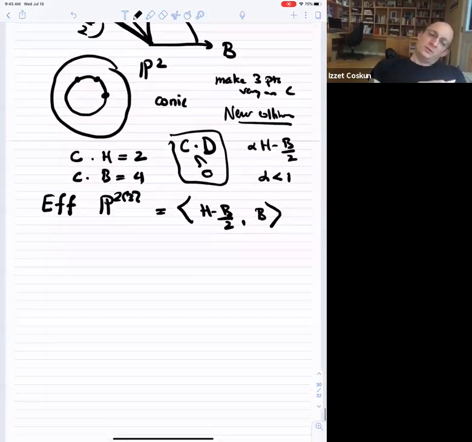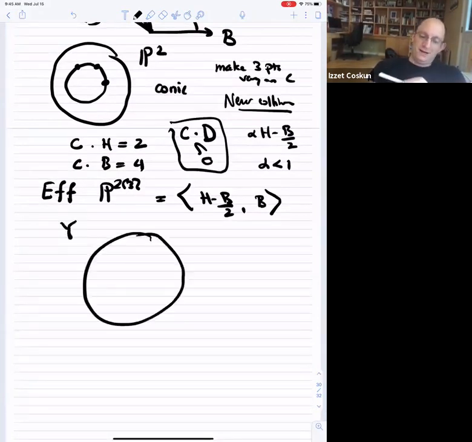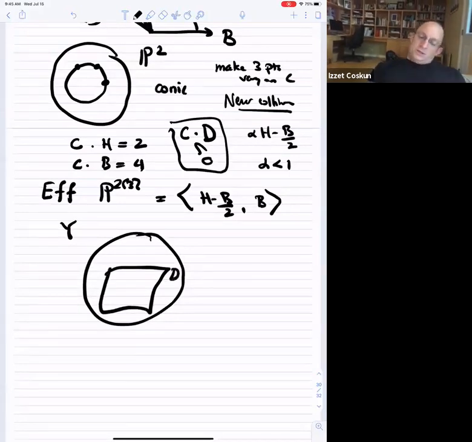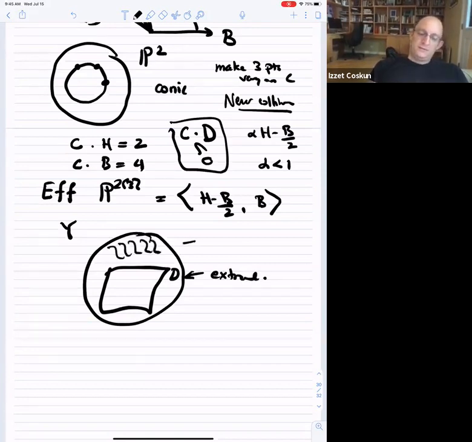So maybe before I give you this proof, let's just say you have an irreducible variety Y, and you have a divisor on this, okay? So you see, this effective divisor is extremal if you have the following property: if you have a moving set of curves, right? So if you have a set of curves that cover an open set in Y and are disjoint from D,